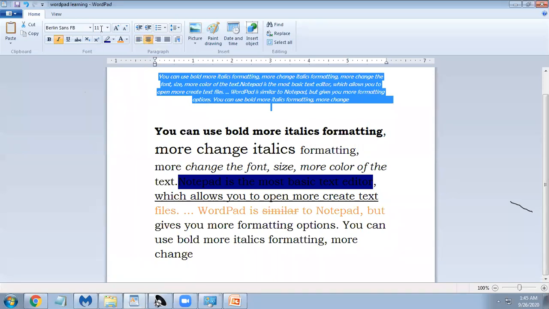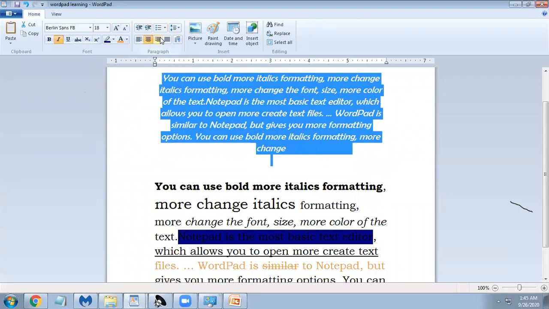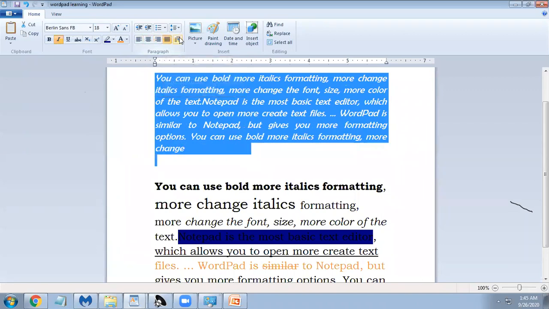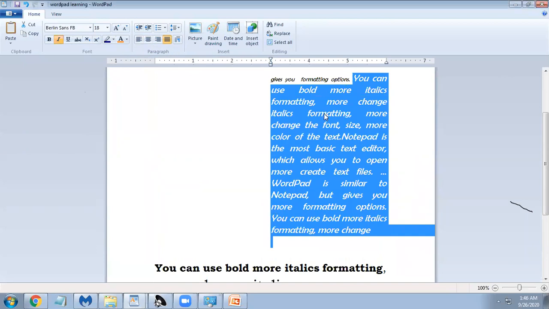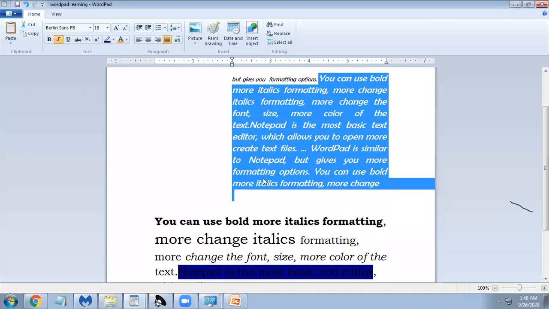Okay, I will change the size so that you can see 18, and I can do left, so it will get left. I can do justify, it will just justify, and I can do some changes from here by writing. If I write 3 and justify, okay, so it will get like this. I will remove, I will keep as it is. I will write 2, so it will come like this.